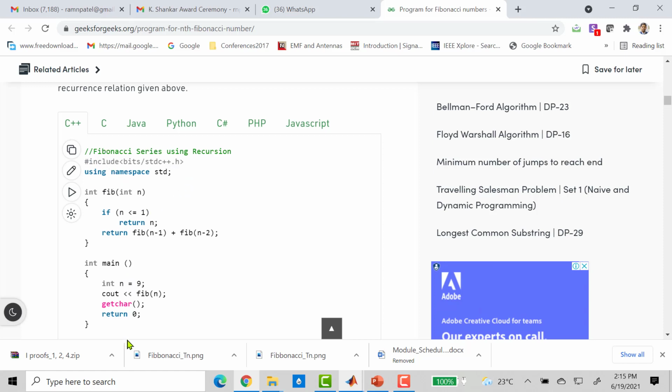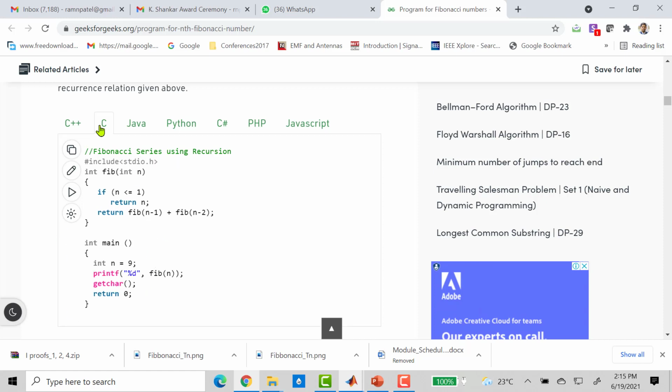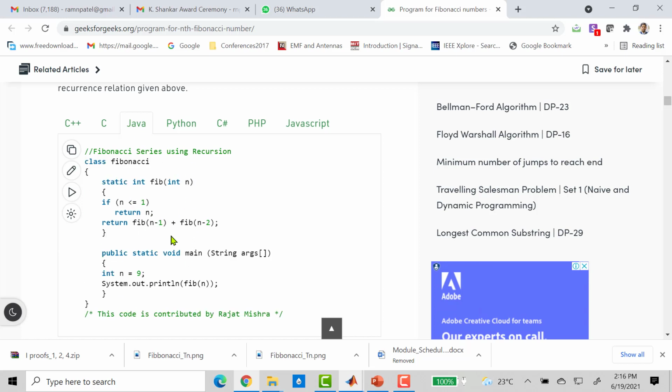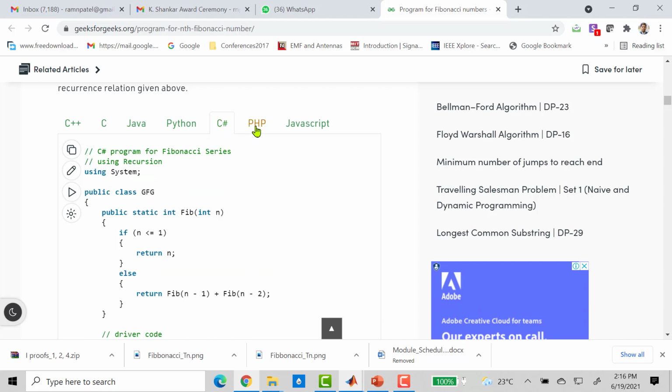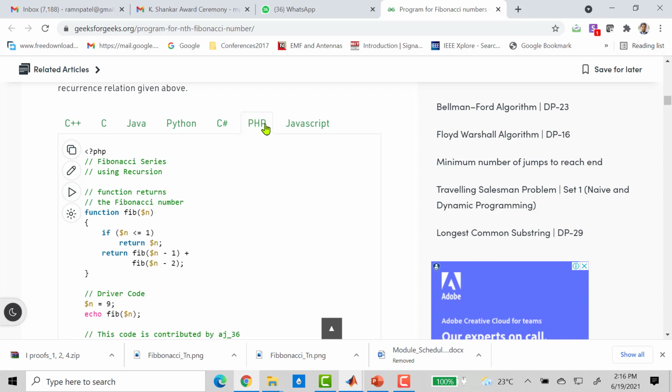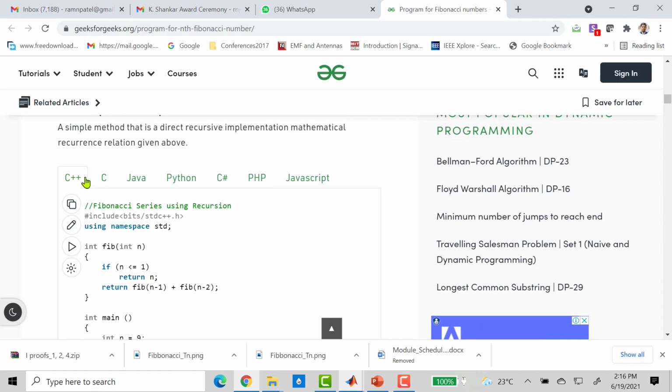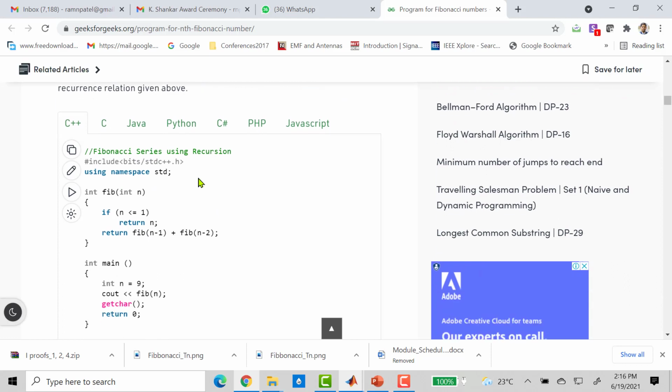Here is the C++ code. There is an if structure and some kind of function that is used to create this sequence. In C, again you need an if structure and a function. Here is Java, and Python. So all these programming languages need plenty of things to generate this sequence. This is C sharp and PHP. Including having some header files and so on, you have to work on that to generate the sequence.